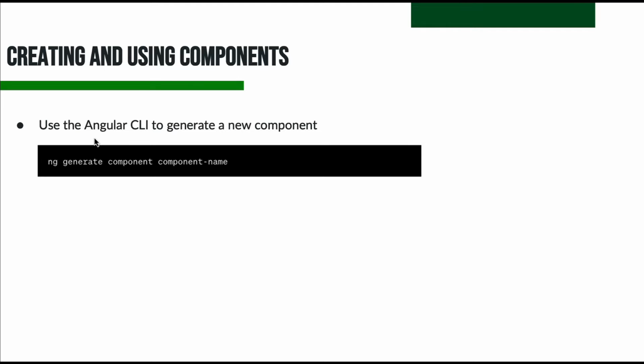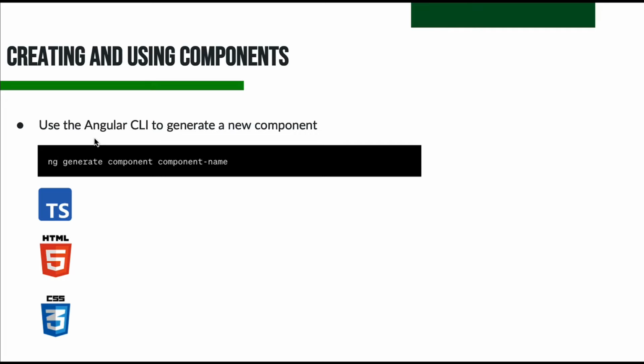So these commands generate the necessary files for the component, including the component class, template, style, and unit test file. In the component class, you can define properties, methods, and lifecycle hooks specific to the component's functionality. In the template, define the HTML structure and use Angular's data binding syntax to display component data and handle events. To use the component in another component or template, import the component class and include its selector in the HTML,